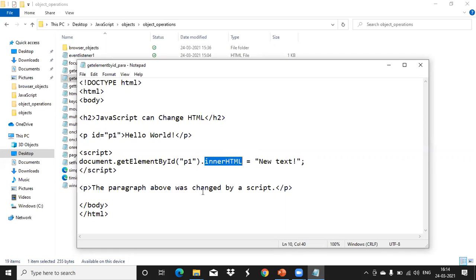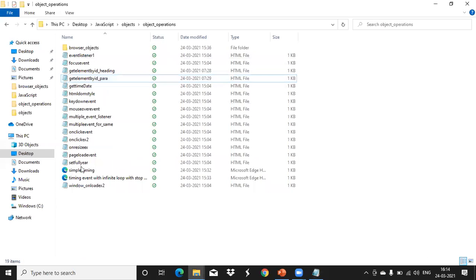This is a normal paragraph. Here we are not changing anything dynamically. So whichever HTML element you want to change dynamically, you can use your JavaScript. Use this getElementById method. Using the innerHTML property, you can assign the new content for that HTML element. Okay, clear this program? We'll see this output.